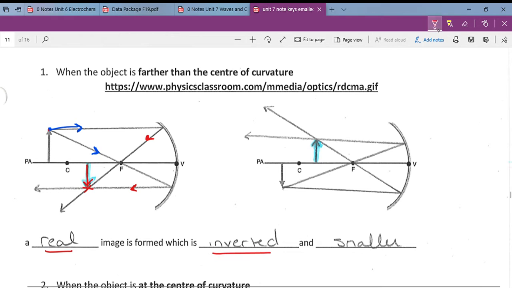Okay, so you have your incident ray. The first one is going to come in parallel to your principal axis. The second one is going to come in through your focal point. Okay, and then you've got your reflected rays. So the reflected rays, I'm going to grab my red pen. The one that came in parallel to the principal axis is going to come out through the focal point, and the one that came in through your focal point is going to come out